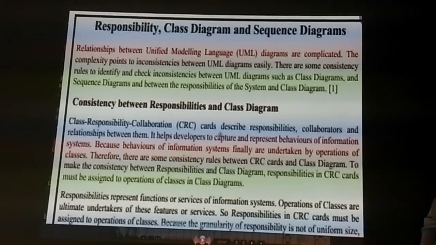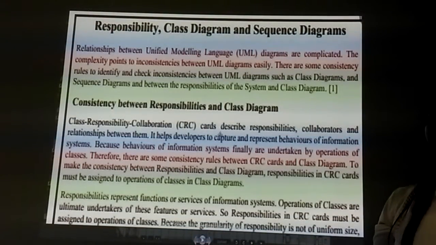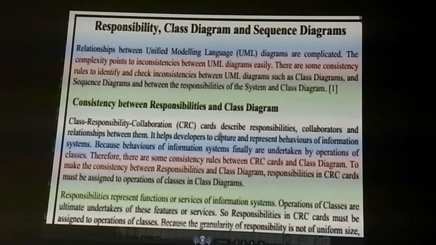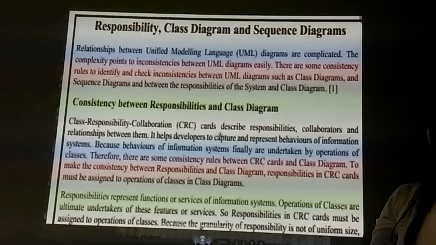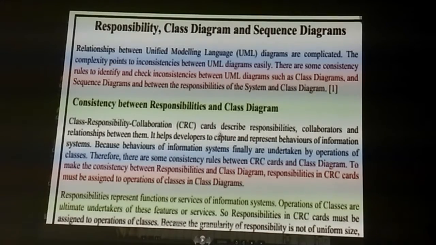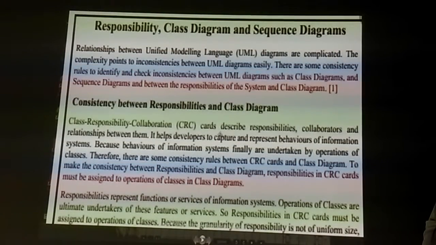And also the consistency between the class diagrams and sequence diagrams exists, because to be consistent, all the methods that have been called in the sequence diagram should exist in the class diagram. So all the methods that have been called in